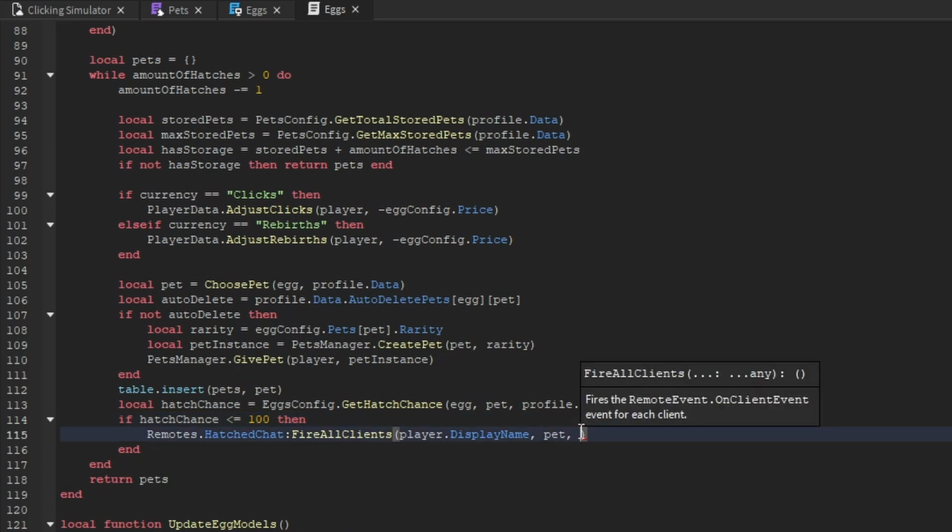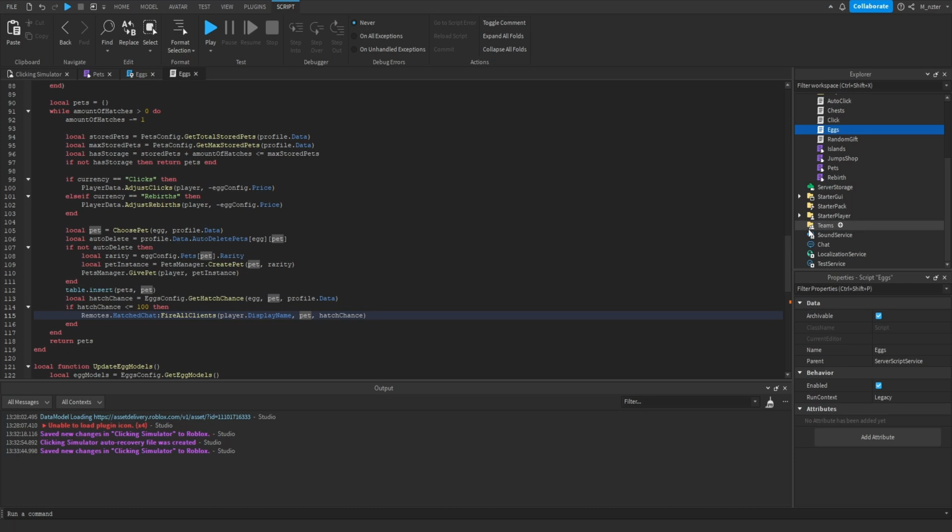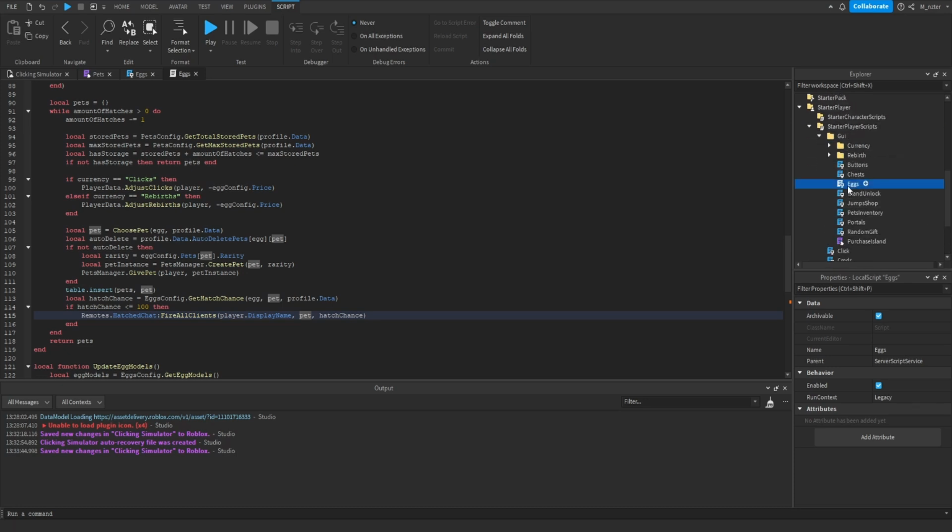Like I said, I'm going to leave this at 100 because we're just debugging the system. So let's go ahead and pass through the hatch chance as the final argument when we're firing that remote event. And now that we're firing that remote event, the next thing we have to do is go inside of the StarterPlayer scripts, inside of the GUI, and we can open up the eggs local